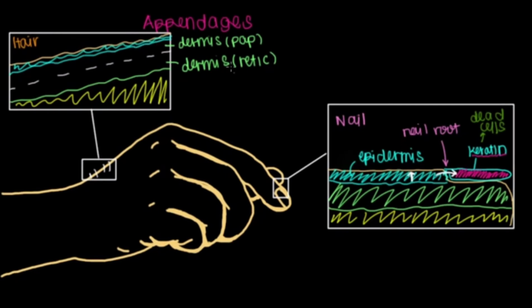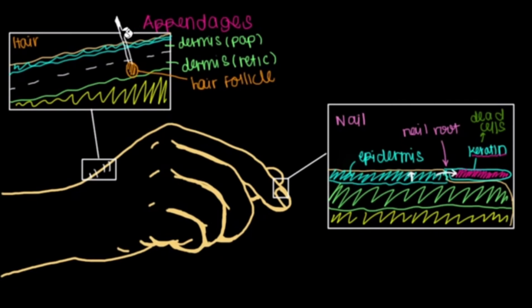So the way our hair is set up, there is actually a follicle that originates here. As I discussed in the previous videos, there's a follicle that originates here, as you can see in the illustration, that sits in your reticular dermis. That's your hair follicle. It sits in your reticular dermis, and from this follicle you've got this thin structure called your shaft. The shaft of your hair, it extends